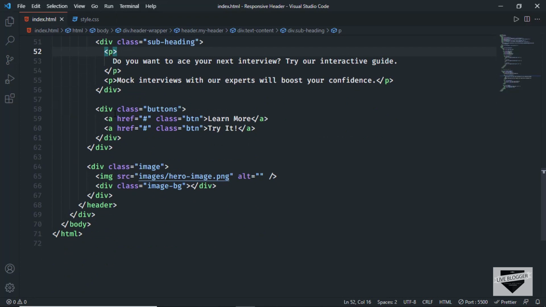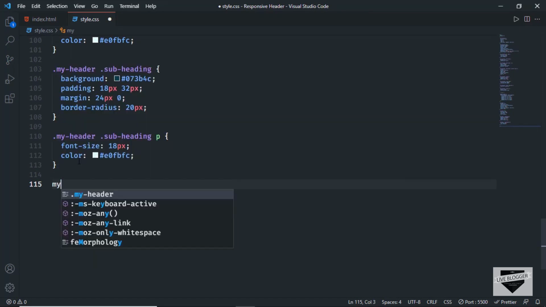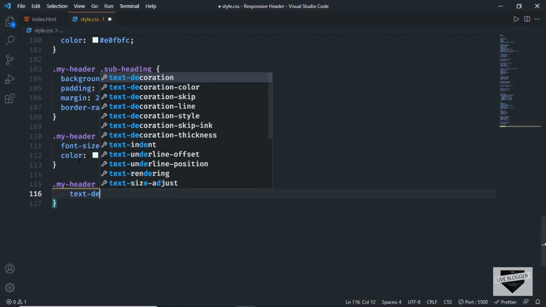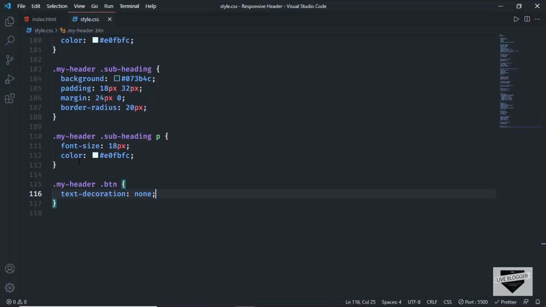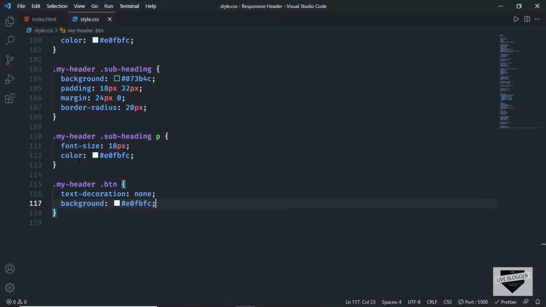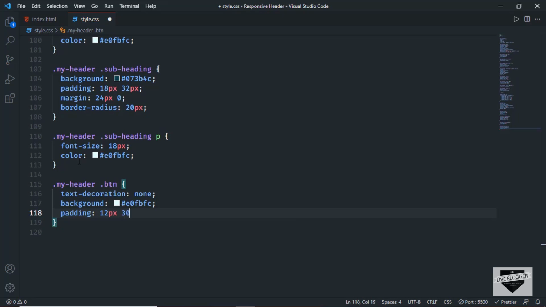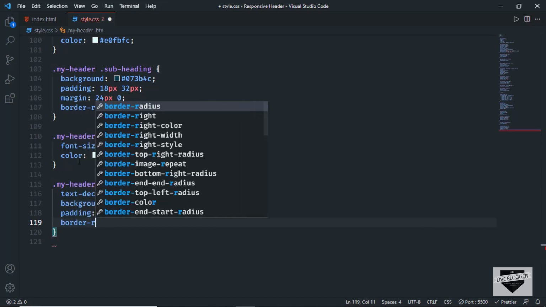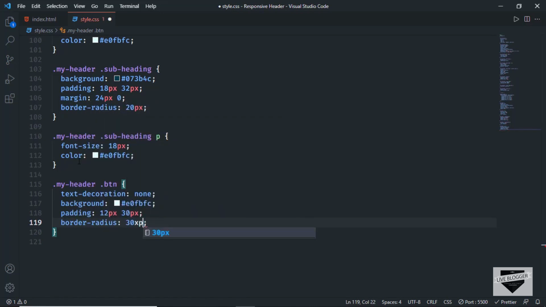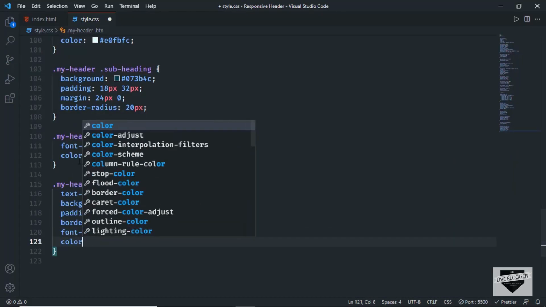Right now let's style these buttons. So for the button we have a class called btn. So let's target that. I'll just type my header btn, and we'll just remove the underlines by typing text decoration to none, and we'll set a background color of E0FBFC, and we'll also add a padding of 12 pixels top and bottom and 30 pixels left and right. And let's also add border radius, and we'll set it to 30 pixels, and let's set the font weight to 900, and we'll also set the color of the text to